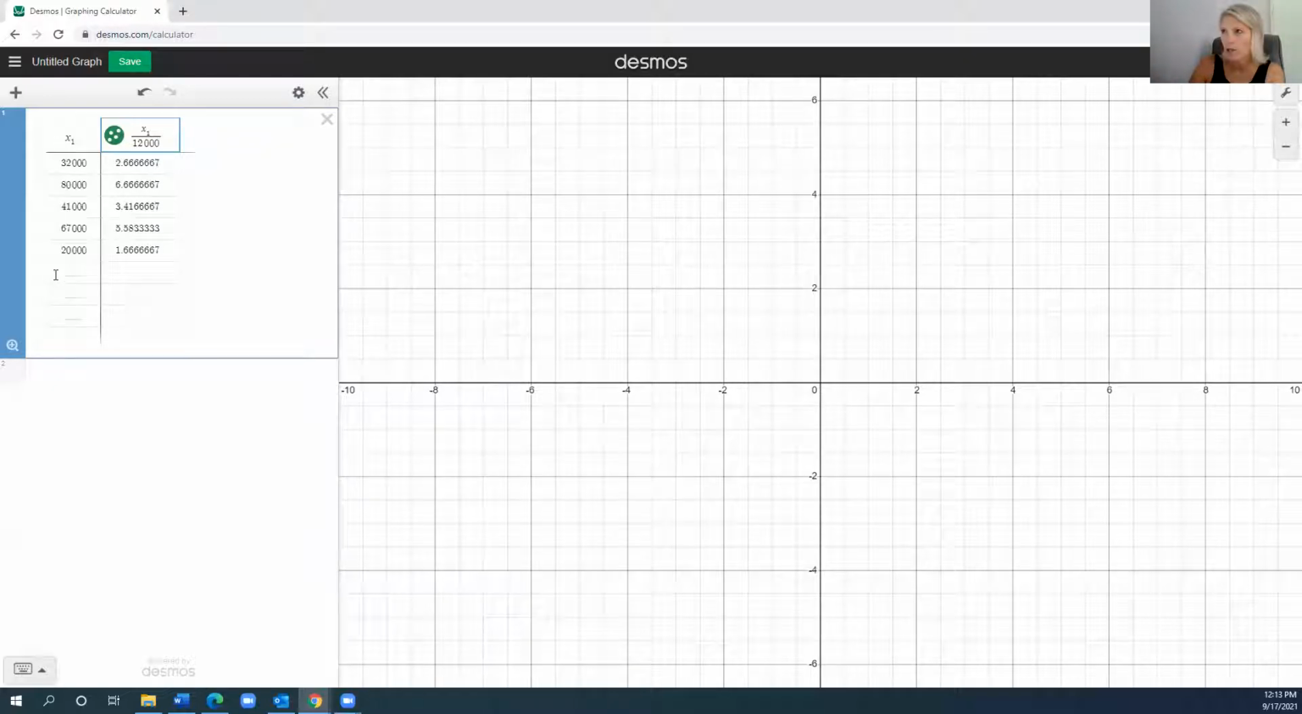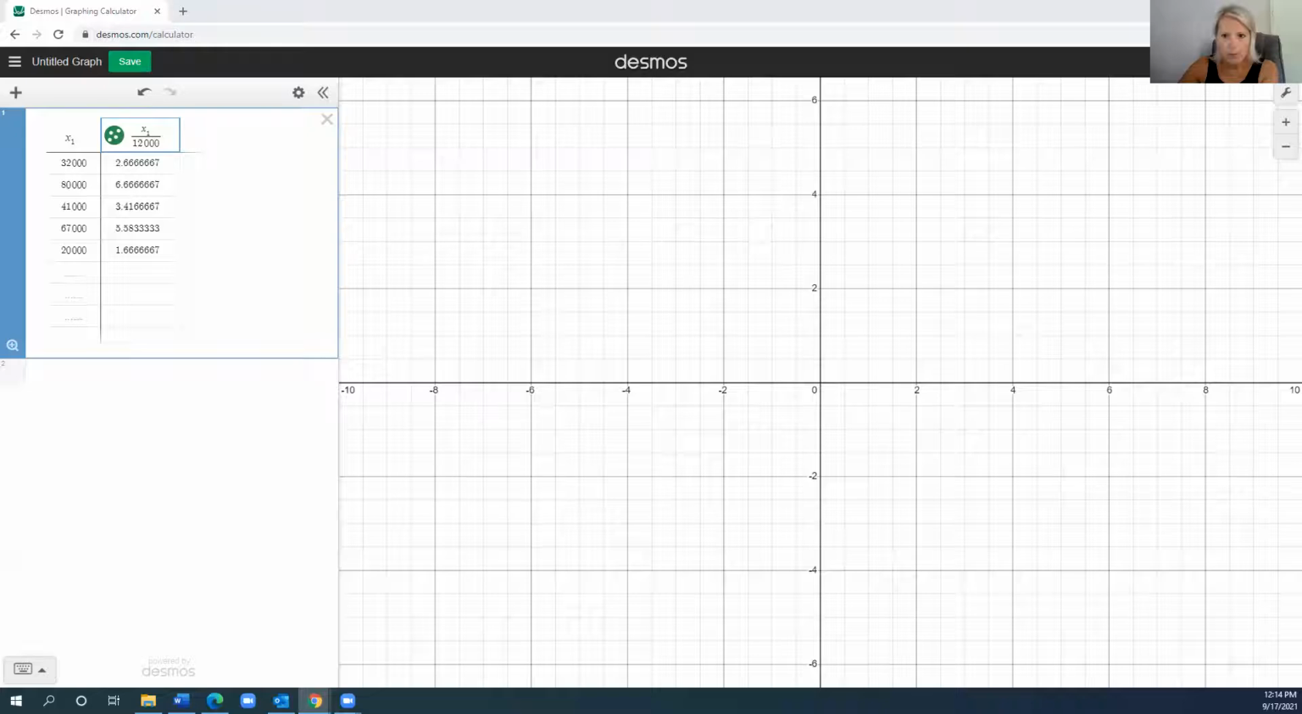So it uses X1 and then it uses this recipe that I told it up here: take whatever value is in X1 and divide by 12,000. Okay, so you can see that District 2 has the 6.67, just like we had rounded, and District 3 has 3.42, just like we rounded. So District 1 has 2.67, District 4 has 5.58 and District 5 has 1.67. Okay. So if we go back to